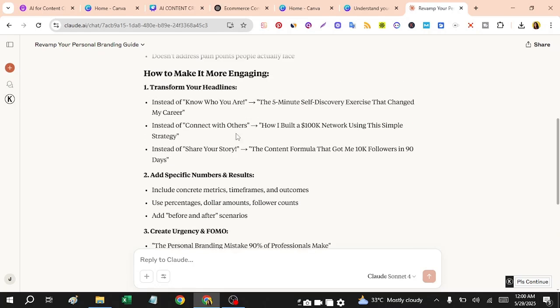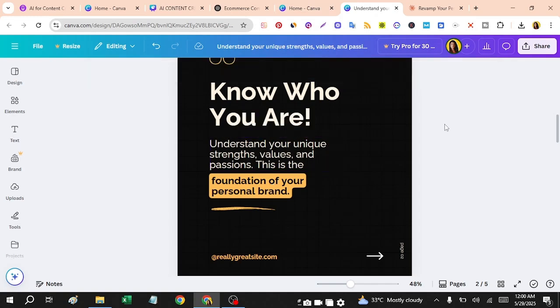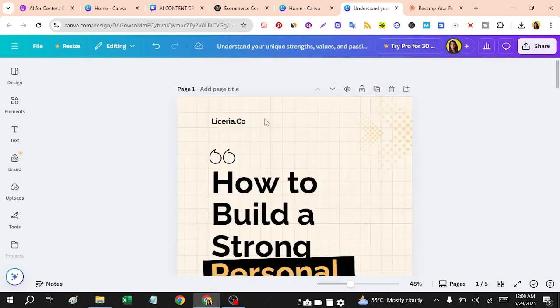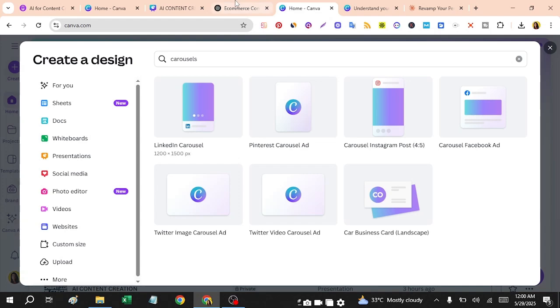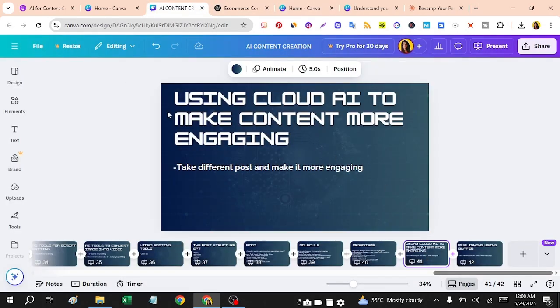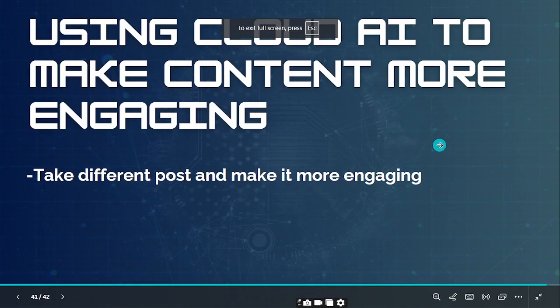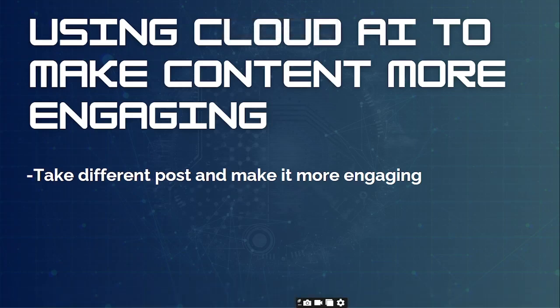This is how you can create content using these tools, which is so interesting. I personally use these tools to create my own content, for my businesses and for clients. So if you're somebody who just created content and wants to know whether it is good content or not, there are a lot of different chat models you can use. You can also use ChatGPT or DeepSeek.